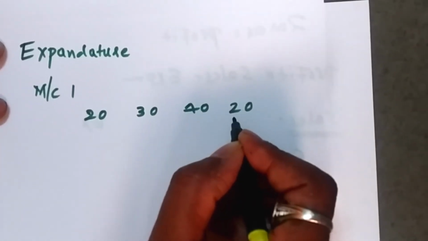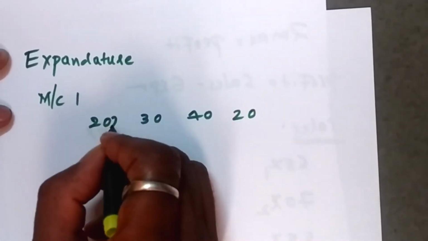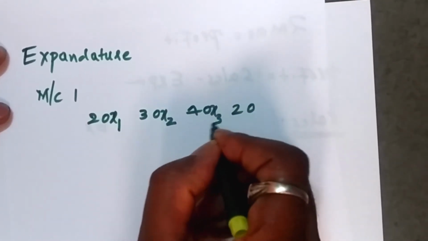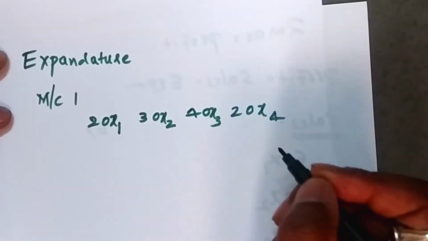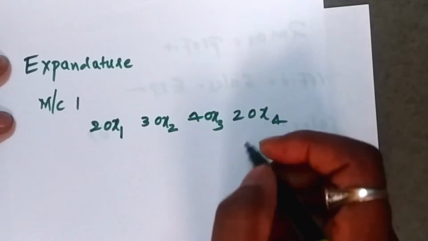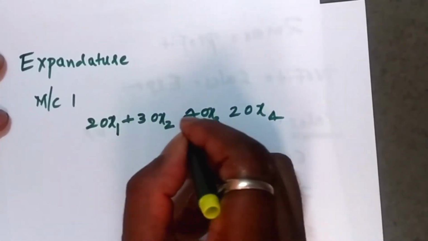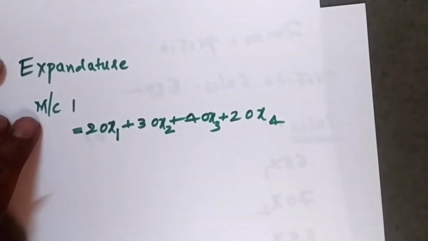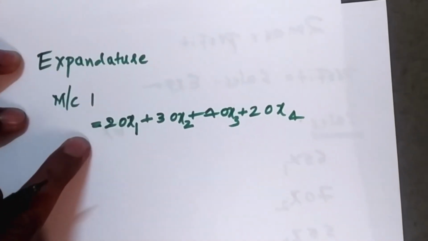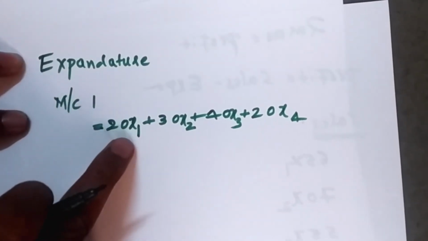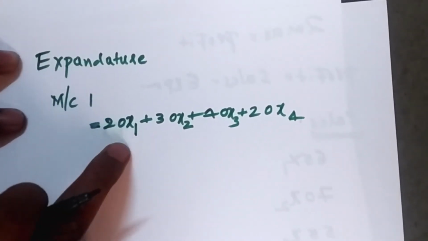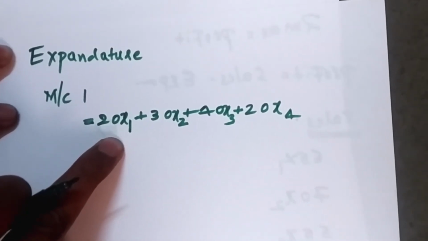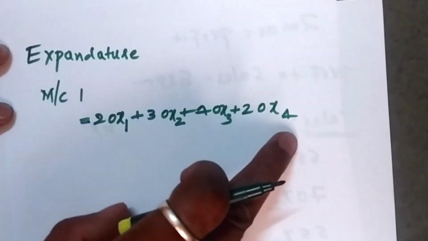Now what have we said? We have said X1 we are going to manufacture for product 1, X2 for the second product, X3 for product 3, and X4 for product 4. So altogether the total expenditure is nothing but what? We should add this. So this is the total expenditure on machine 1. Is that clear? So 20x1 is the total expenditure on product 1 for machine 1. Like this way, second, third, and fourth they gave it.